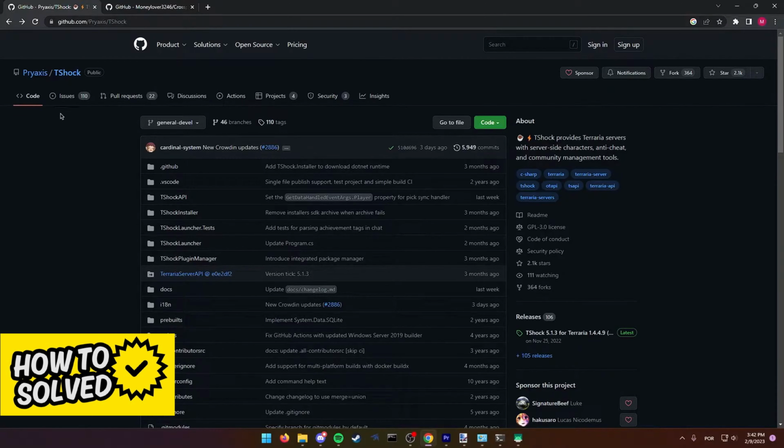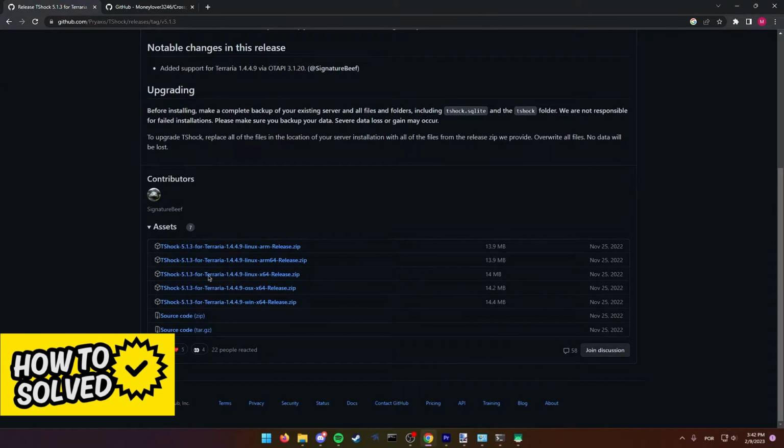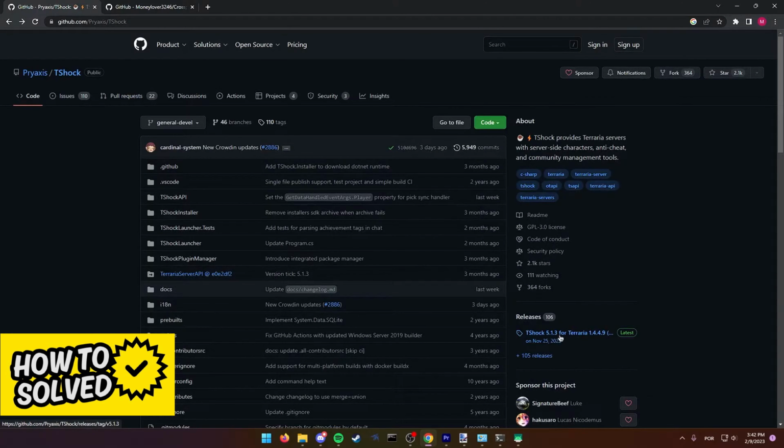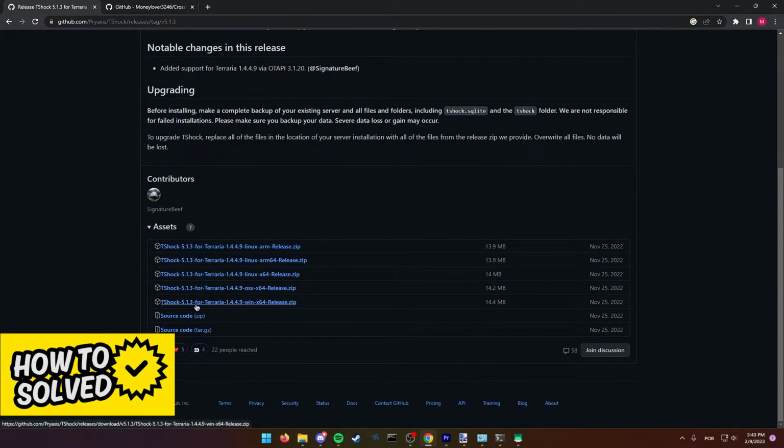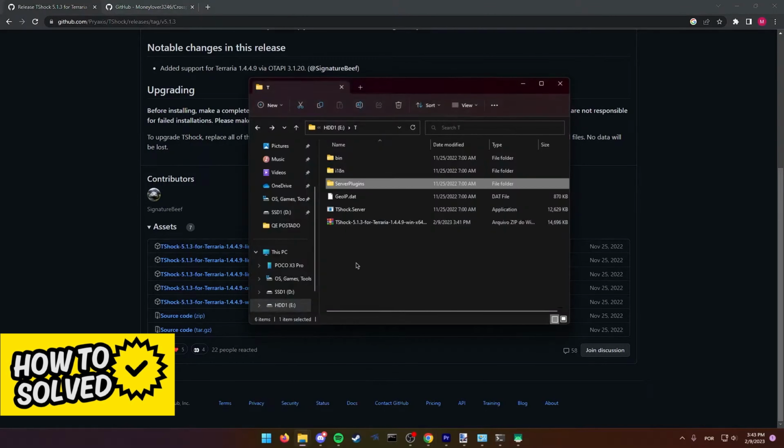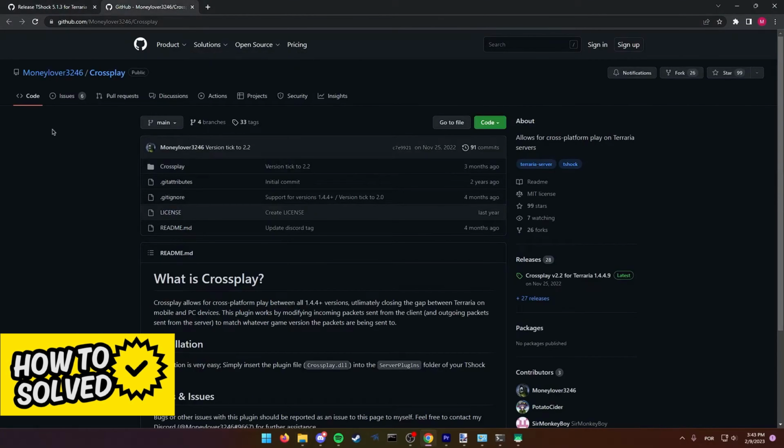Just go to the GitHub page over at Pryaxis T-Shock release and download the latest version of T-Shock for your operating system. If you are on Windows, just select it from the right side of the screen over at Releases and download T-Shock 5.1.3 for Terraria Win64. After you download this file, just extract it somewhere in a folder and you can start running your server by running this executable file. Before you run, however, we need to add the Crossplay plugin by